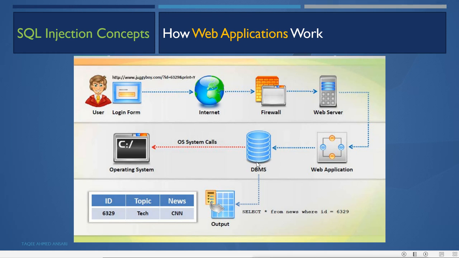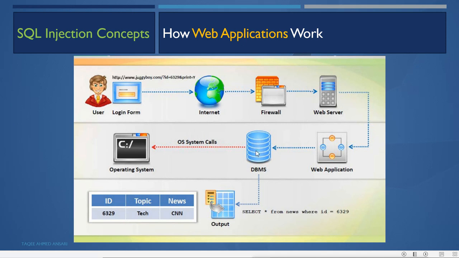One more thing: these database servers are configured on some server, whether directly on the web server or on a separate server for the database. In both cases, these databases are configured on some kind of operating system, whether Windows or Linux, and operating system calls can also be executed by the database.